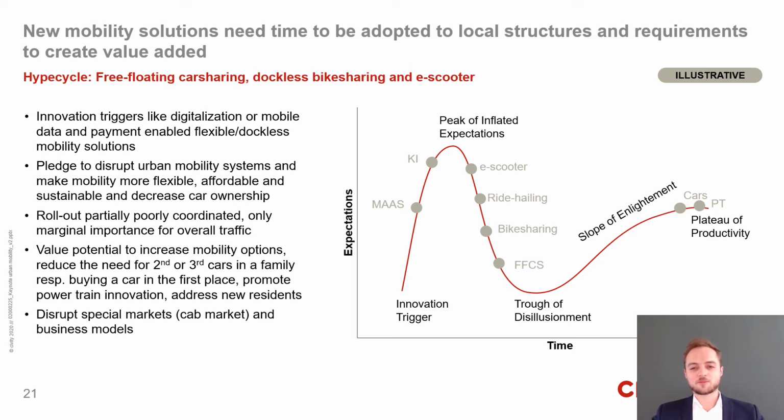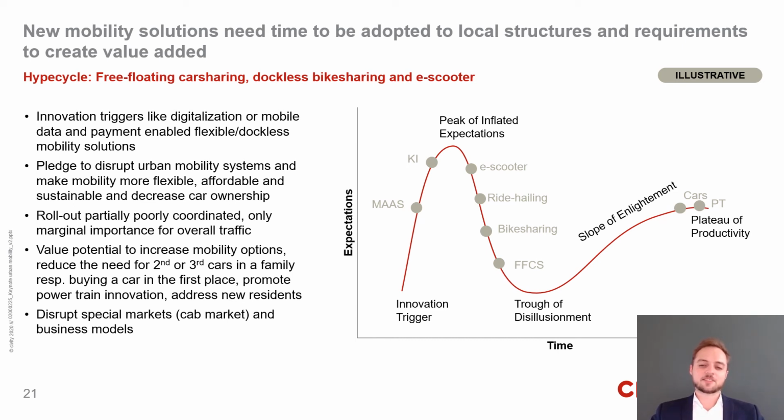And I think we saw this with quite a few new mobility services, may it be the free-floating car sharing or the e-scooters at the moment, that we really have high expectations when they roll out or before they roll out. But then we need to find out and realize that urban transportation is really a complex system, and those new mobility solutions need time to fit in. We need to make experience how they are used, if they are suitable to help us or not, and also the operators need to get this learning curve to better understand how they can run their service without making a